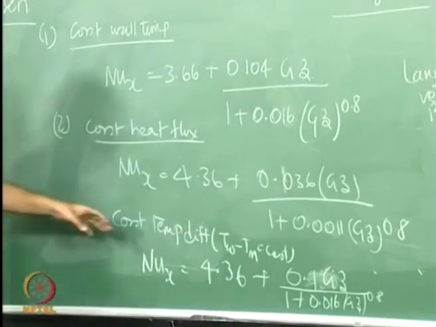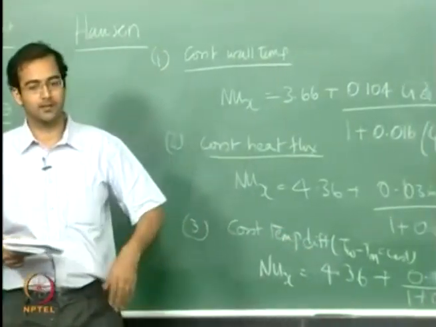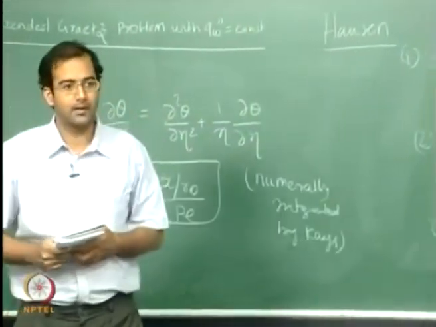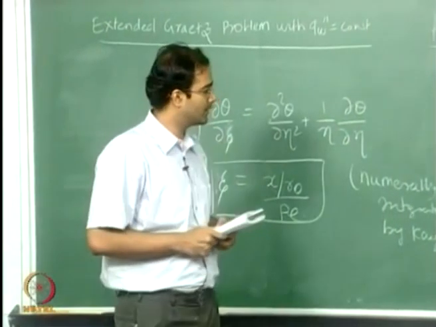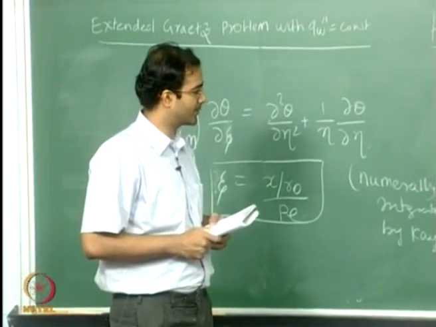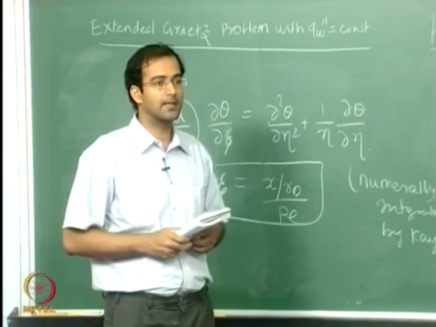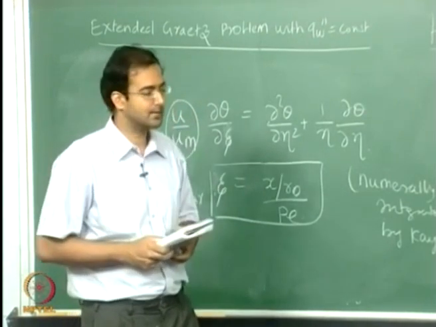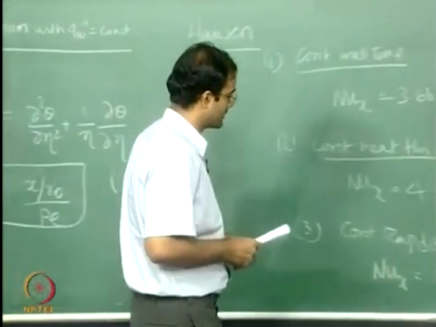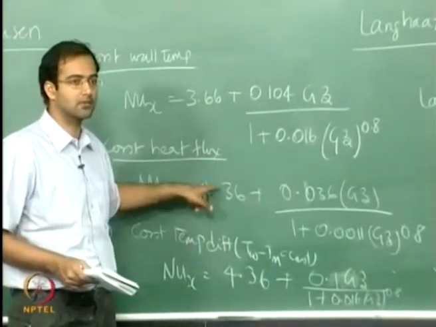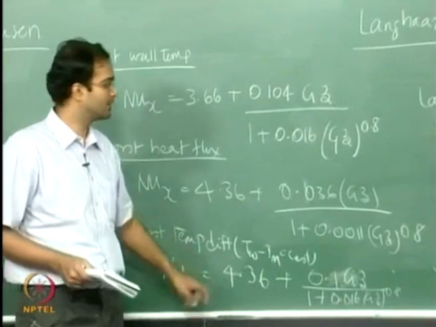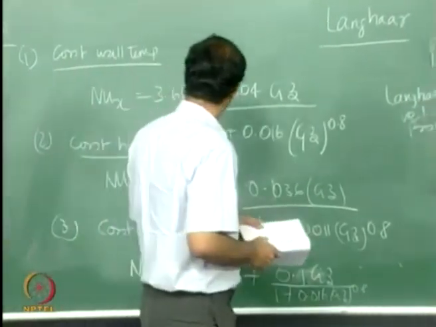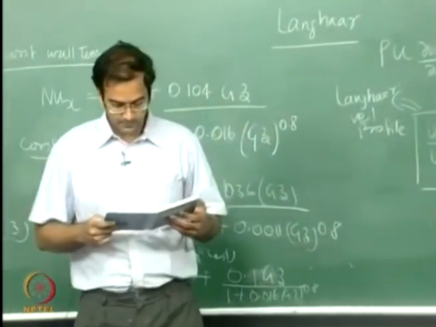Okay, so constant temperature difference, the simplest profile that you can think of where you can have a constant temperature difference is if you have a linear wall temperature variation. So that is one case where you can think about this, and finally both the Nusselt numbers go to the same asymptotic limits. So these were the simplified solutions by Hausen, and